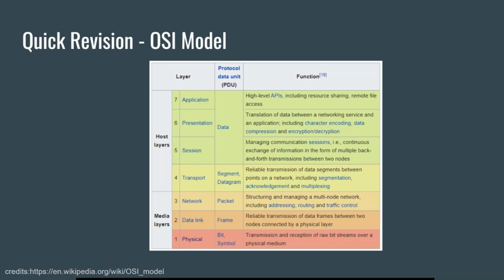And we have the network layer, which is responsible for routing and things such as subnet traffic control, which contains IP, etc. And we have the transport layer, which does message segmentation with protocols such as TCP and things like that.